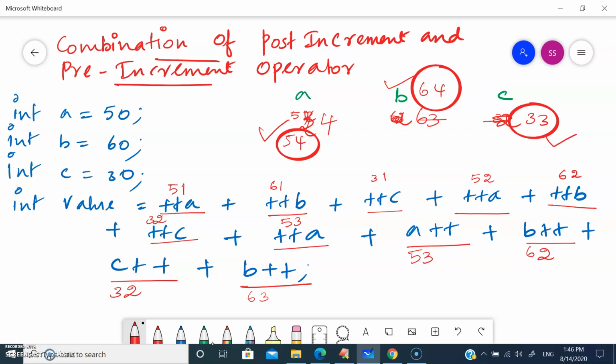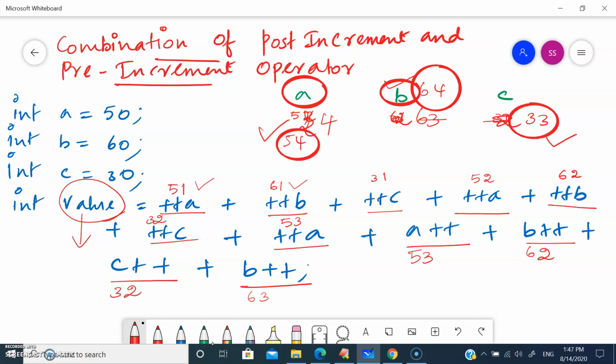Now we can find the difference between the pre-increment and post-increment operators. What the pre-increment operator does is it first increments, and the value gets stored in a. Coming to the post-increment operator, it first uses the value of a and only then does the increment. That incremented value is updated in the respective variable. So this is how the pre-increment and post-increment operators work. Now we need to add all those values to get the answer for the variable value, right?